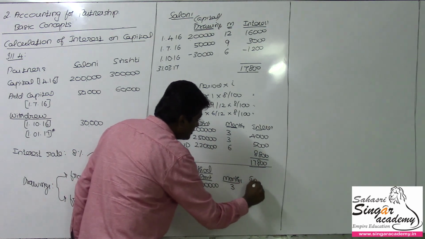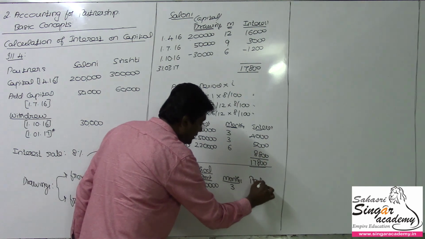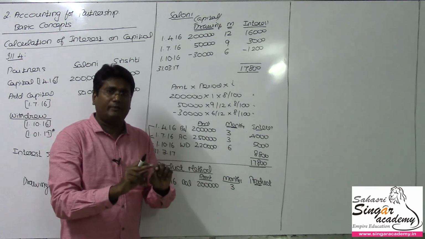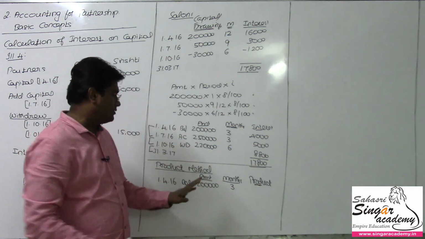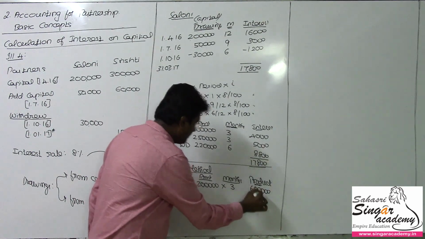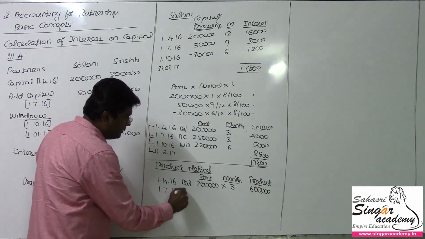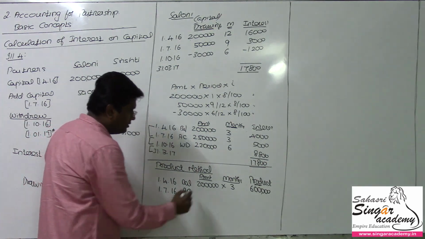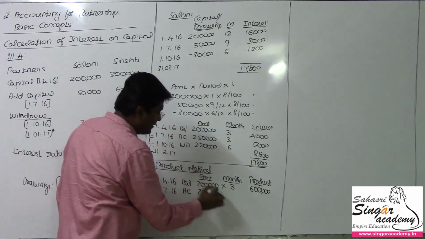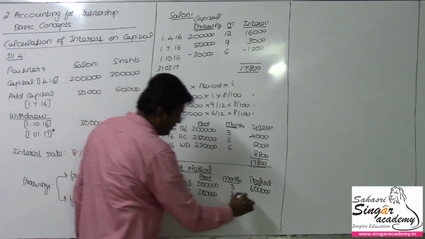And what about the interest? Not interest. I am not going to calculate the interest here. I am going to calculate the product here. Product is nothing but the amount available multiplied by the number of months that amount is available. So if I multiply these two, the product will be 6 lakhs. I'm getting the products here. And then next it will be 1/7/2016 where additional capital is introduced. Because of that, the balance increases to 2.5 lakhs, similar to the way how we have calculated earlier. This will be applicable for 3 months, and then the product of these two is 7.5 lakhs.